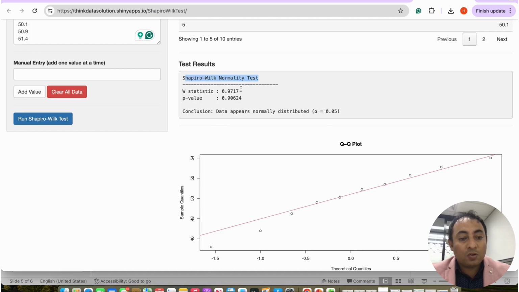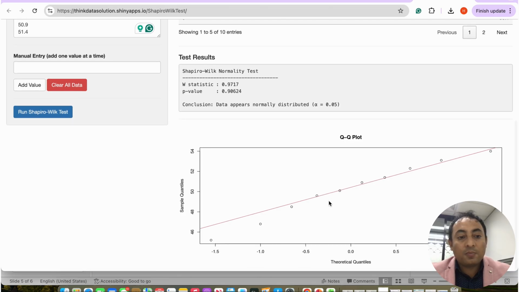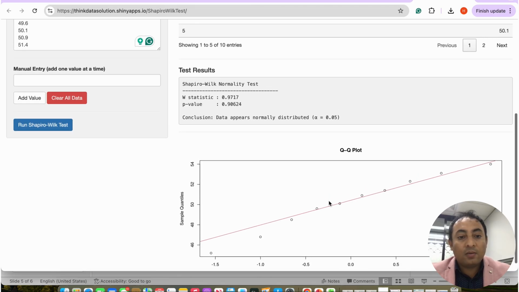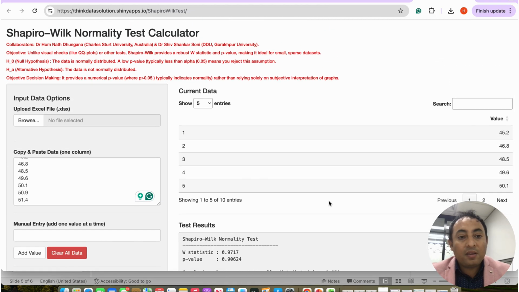Look, run Shapiro-Wilk test, and I will click there to get the values of P and W. You can see now when I click there and run Shapiro-Wilk test, I got value of W at 0.9717, and then the P value is